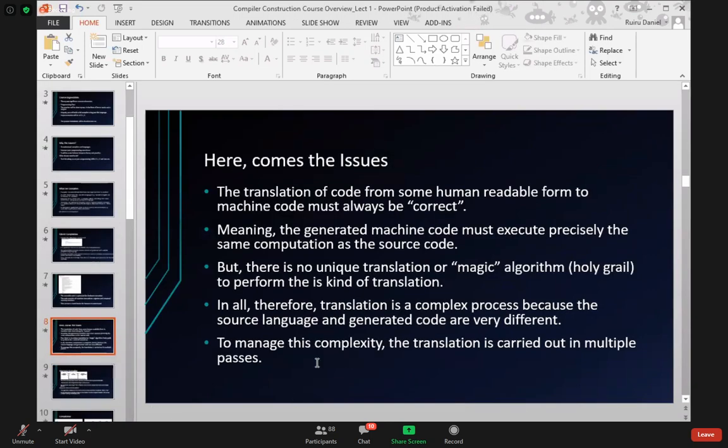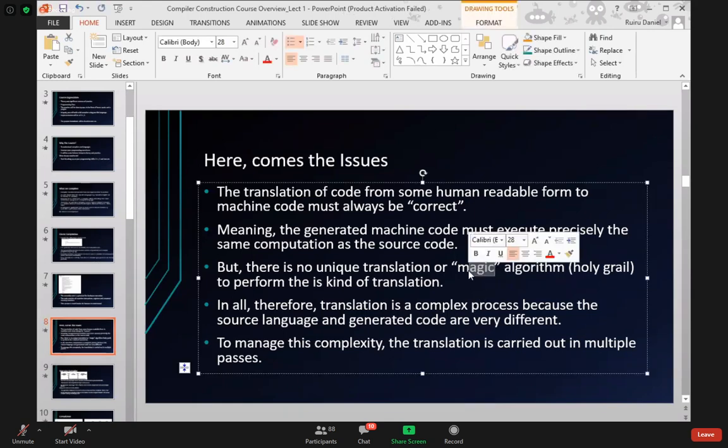Okay? So, like I said, during that process of compilation, we don't have any magic algorithm, right? We don't have a certain item that we can call upon when we are trying to translate or move from one level to another. So you need to process each and every code uniquely, right? Each code has to be executed in a unique way, and for that, we cannot do the compilation in one sitting, right? We cannot just have one box and call it the compiler so that it just takes this